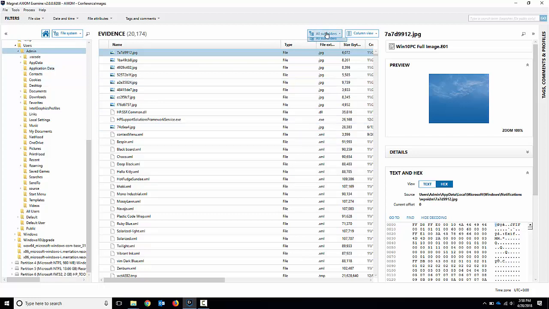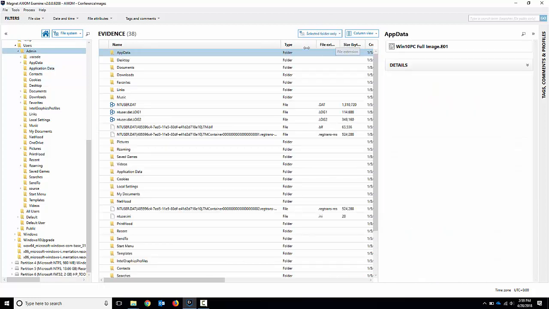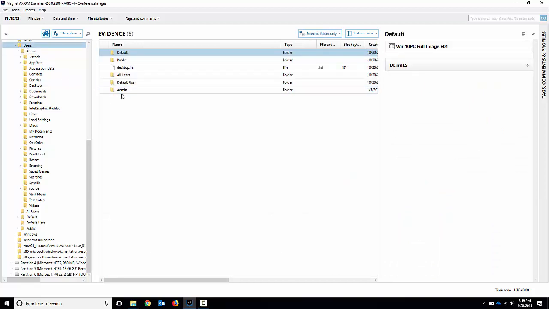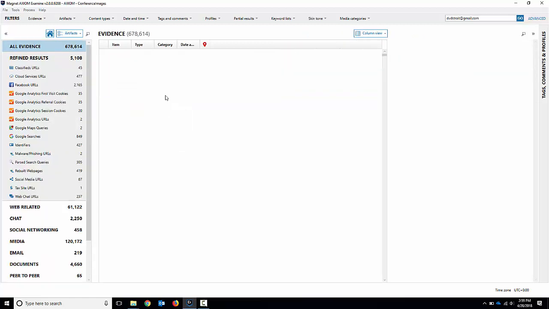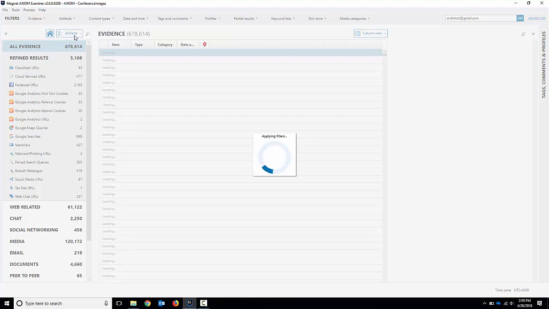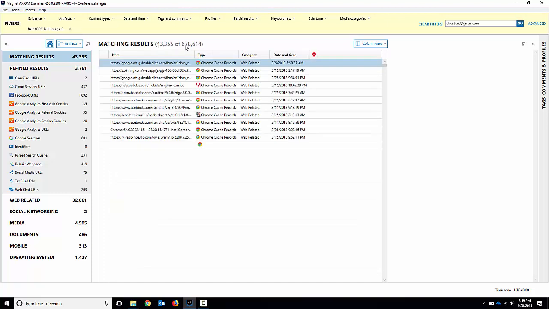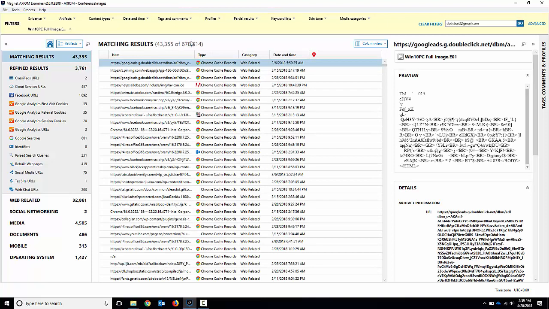Additionally, if I go back to selected folders only and go back to users here, I've got the user admin right here, but pretend there's 3 or 4 users on this computer, and I want to see all the artifacts related to just the admin user. I can right-click on the admin folder here, and I can do this for any file or folder in the file system, and I can click View Related Artifacts. It automatically flips me to the artifacts page, and it will run a filter to just show me the admin's artifacts. So instead of looking at 600,000 or so artifacts for the entire case, there's only 43,000